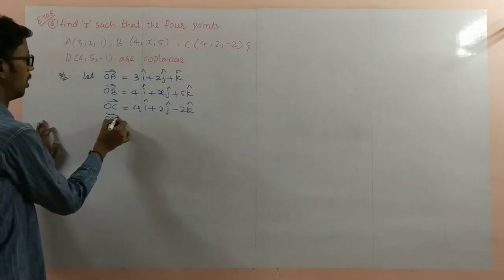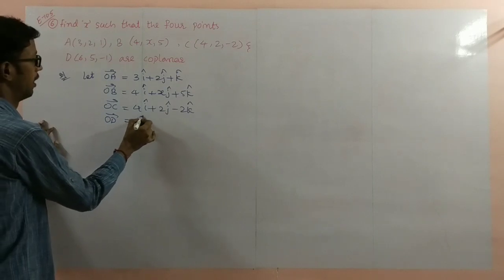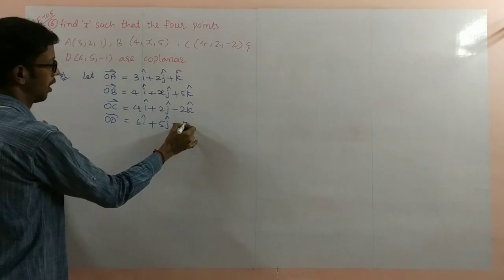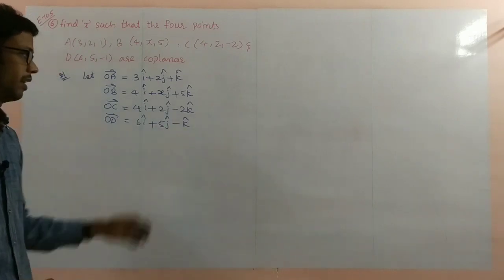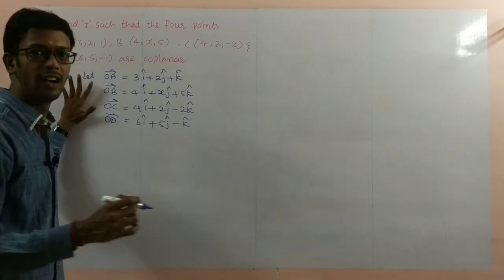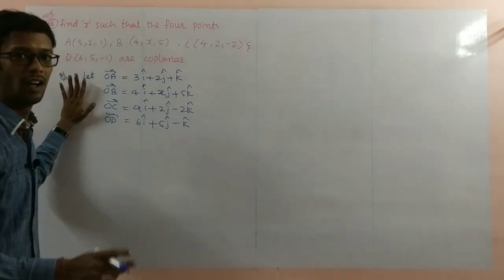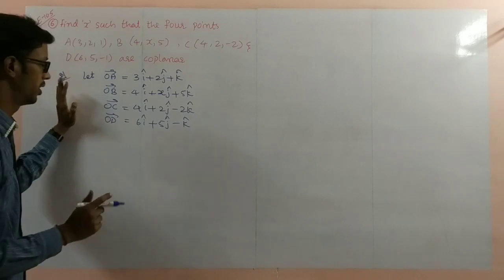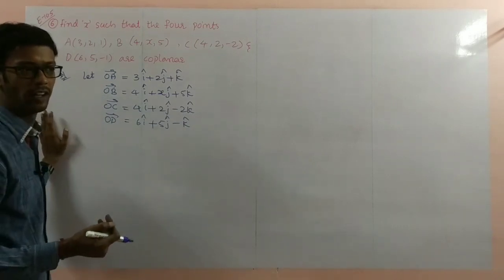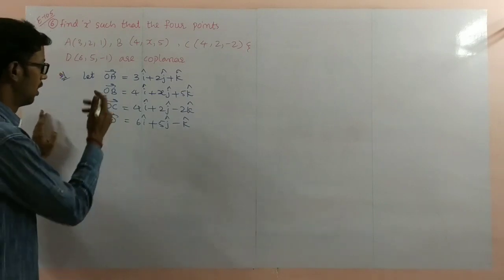OD bar equal to 6i cap plus 5j cap minus k cap. So these 4 position vectors convert into 3 vectors. One common point should be there. BC bar, BD bar, BA bar also you can find. Simple purpose, simply I am taking here